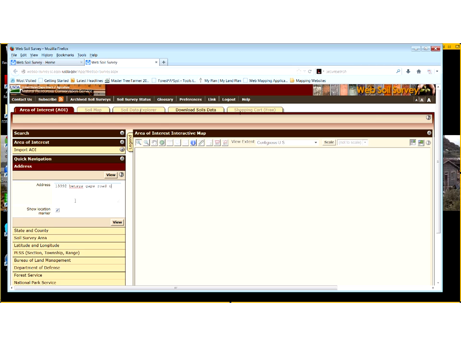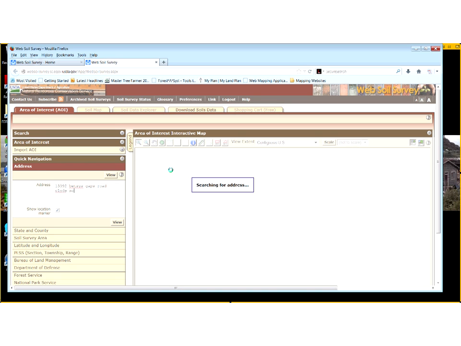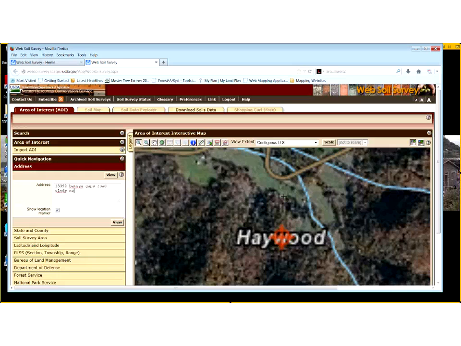Betsy's Gap Road in Clyde, North Carolina. I type that in and hit View. And it actually found it. Now it takes a little while for this to refresh itself, and it's actually using Google Photography in the background. But it looks like it's operating a little bit slow for me right now. So this may not be the actual best of demonstrations. But I'm gonna zoom out a little bit,